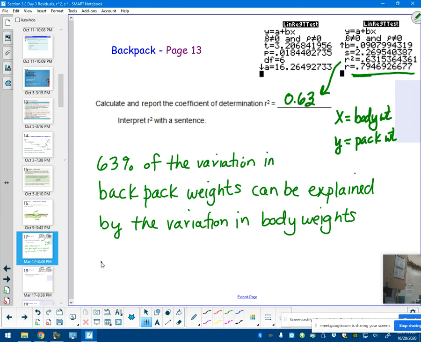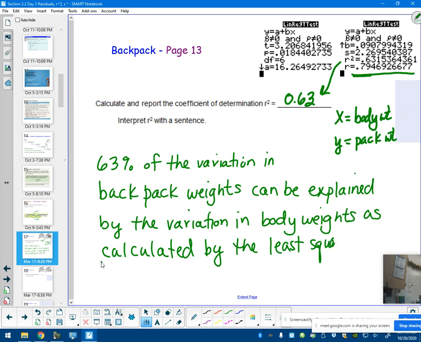And the next part of the sentence, how did we get that 63? How was that calculated? Well, we say as calculated by the least squares regression line of,